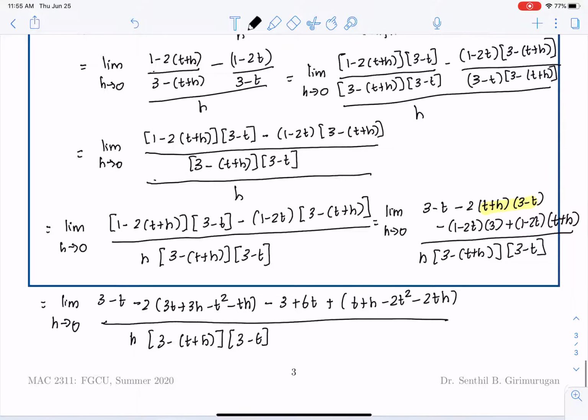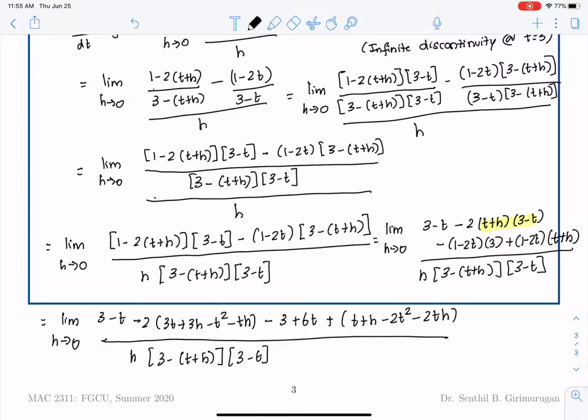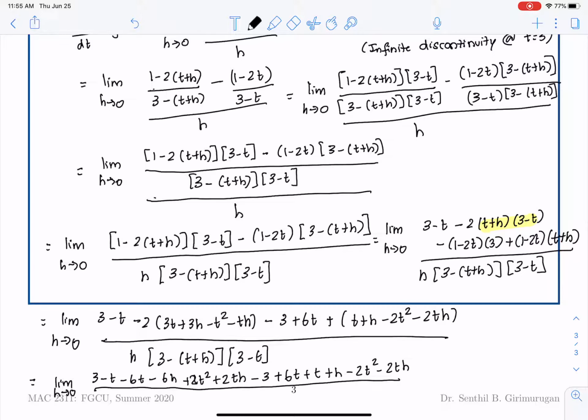You can see how complicated this is becoming. Should have used smaller fonts, I guess. So the numerator would become 3 minus t minus 6t minus 6h plus 2t squared plus 2th, minus 3 plus 6t plus t plus h minus 2t squared minus 2th, divided by the entire thing, h times 3 minus t plus h times 3 minus t. So the 3's will get cancelled, the 6t's would get cancelled, the t would get cancelled, the 2th would get cancelled, the 2t squared would get cancelled, and we are simply left with limit